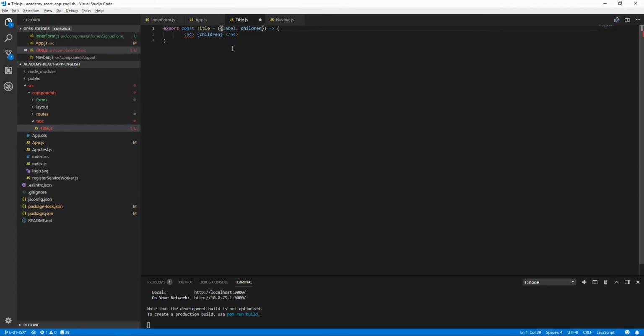Now we could also add something to the class name. We could add mb4, which is margin bottom 4,